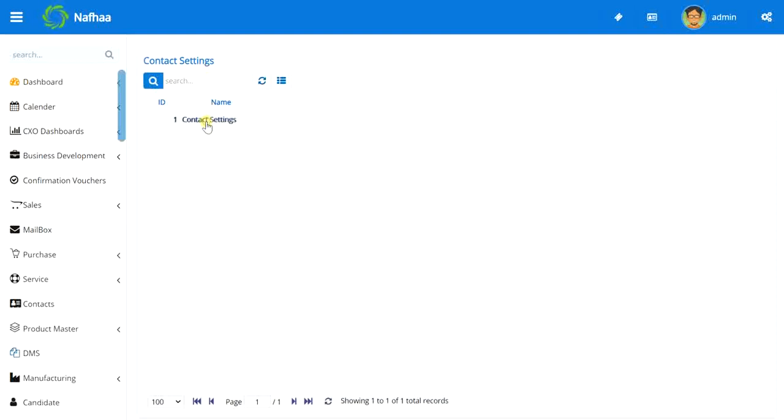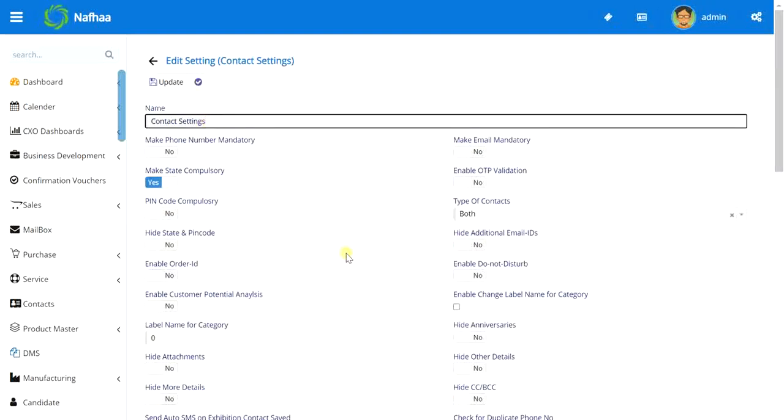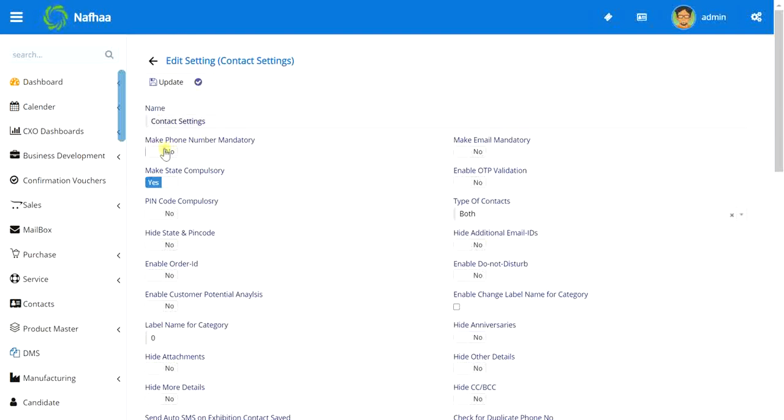So open the settings, and here, as I mentioned, we can make phone number compulsory and make email compulsory. By default the state is compulsory, and we can make it optional. Make PIN code compulsory. Enable OTP validation, so you can just add a phone number and the user needs to validate that phone number via OTP.